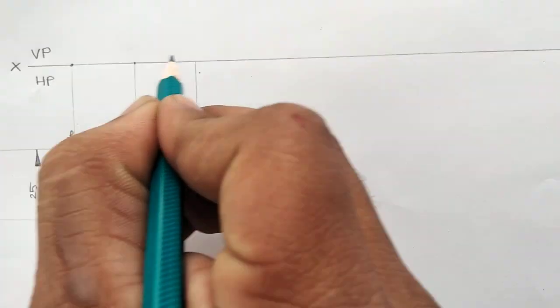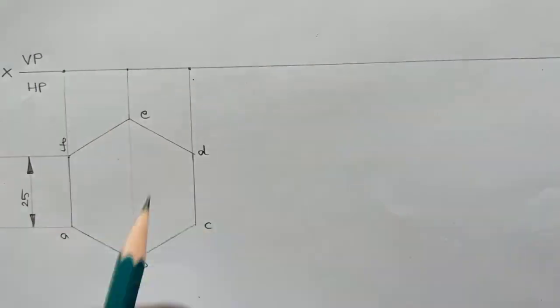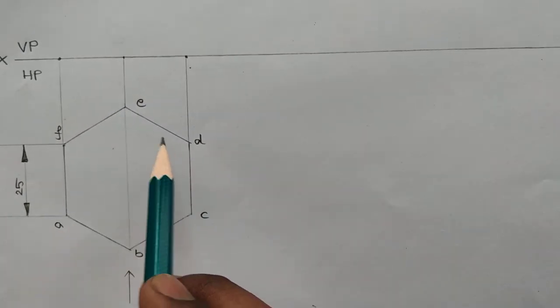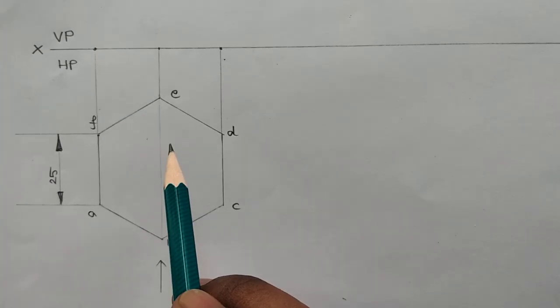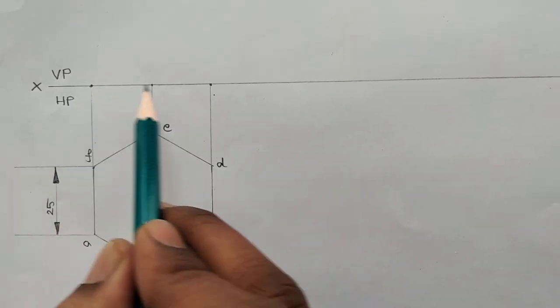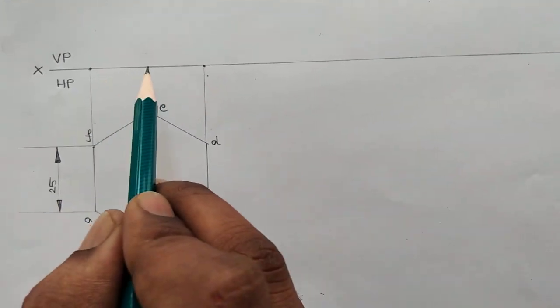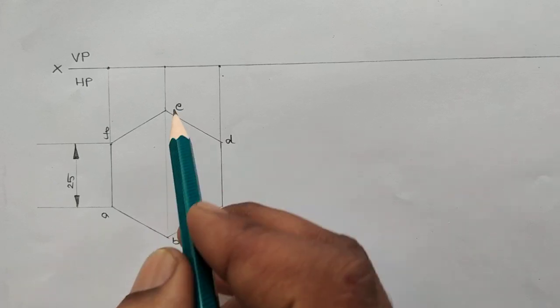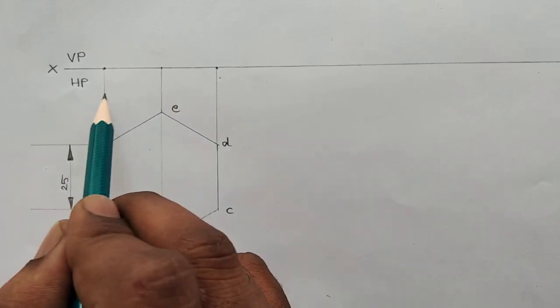So we should join all the points with an H pencil, and coming to the simple position projections, we should construct the hexagon. Similarly this line here, we will be getting the front view as a line. Both views with an H pencil, remember this particular point, and projector lines with a 2H pencil.